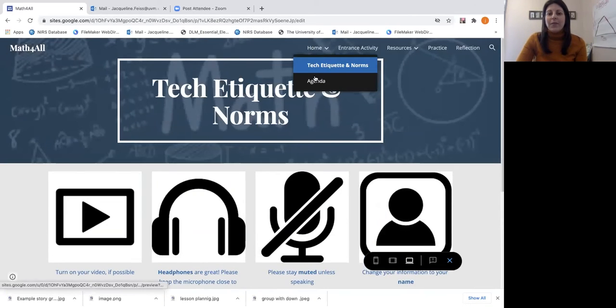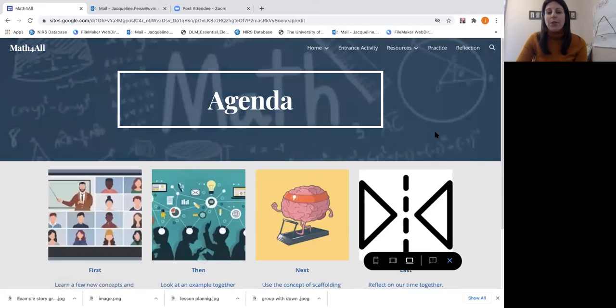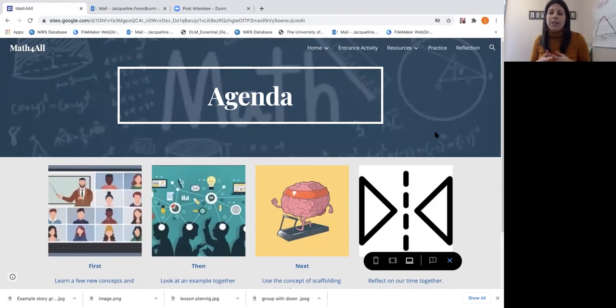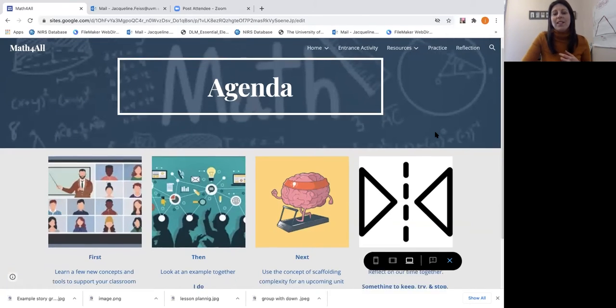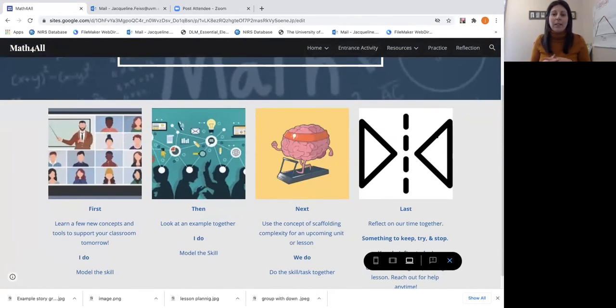All right. Our agenda. Throughout, I'm going to try to model some of the strategies that I coach other teams to do with students that are complex. You'll notice some of my language includes information that I want you to have and then information beneath that. It's layered, like what I might say when I'm working with a student. Our agenda today, first, we're going to learn a few new concepts and tools that you can do in your classroom tomorrow. My hope is that all of this can be directly applied.